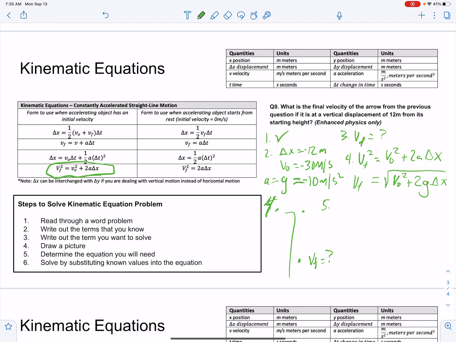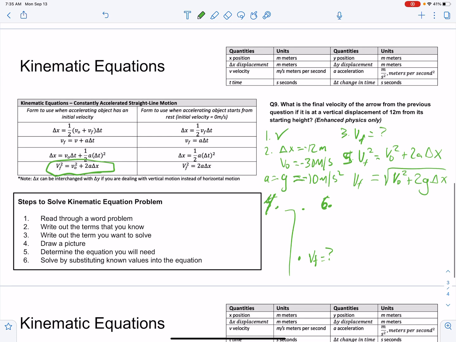Step 5, we would write out our equation. That's what we did up here. Let's go ahead and solve. Skipping to step 6. Solve. V final equals the square root of V initial squared, plus 2 times acceleration due to gravity. V initial, we said, was 30 meters per second. Again, this is negative 10 meters per second squared, times negative